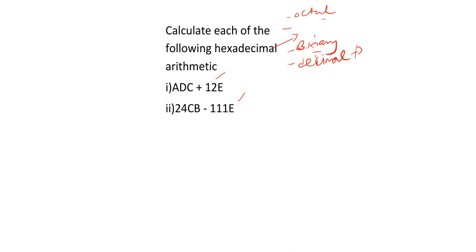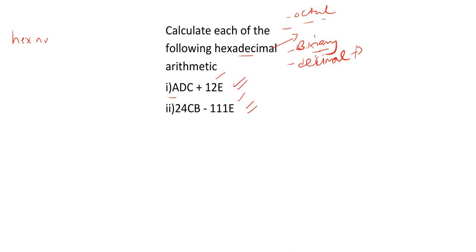But now when we come to the other systems like octal, binary, and hexadecimal, there are some specific rules that you have to note. And it is not hard, because we are going to see now how in hexadecimal we do them. So the first one is hexadecimal addition, and the second one is hexadecimal subtraction. So first of all, as we start,